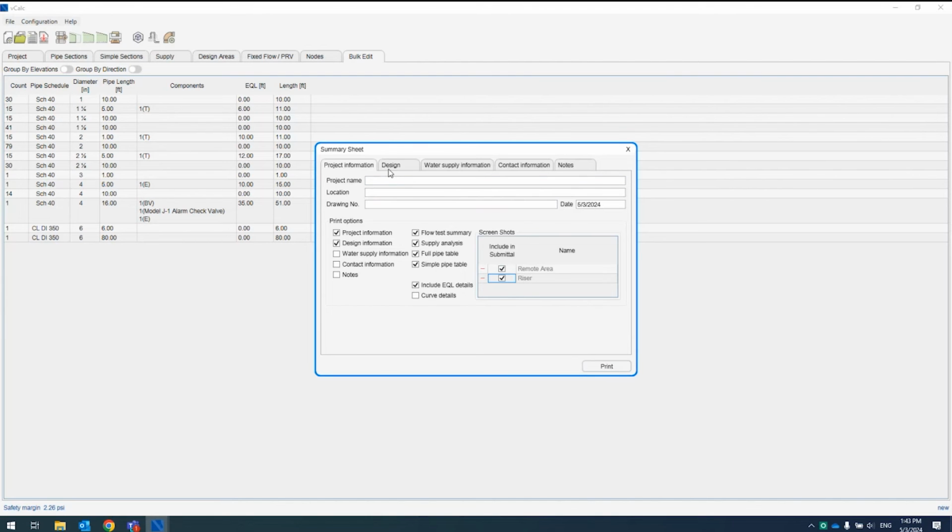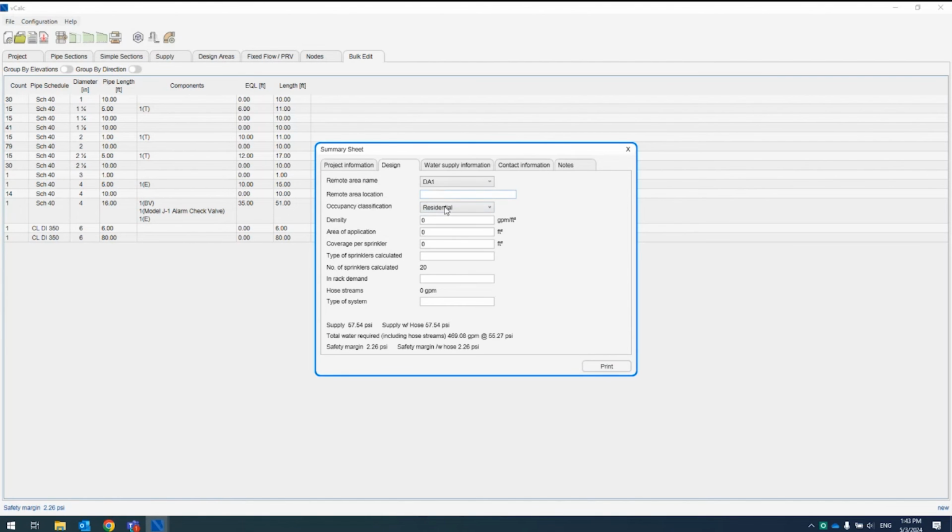But first, I'm going to go over to my Design tab and fill in a little bit of information. So maybe this was an ordinary hazard situation. It was a 0.2 density over 2,000 square feet. And I did 20 different sprinklers, so it's 100 square feet per head. So you can choose what you want to fill in here, and leave blank what you don't want,